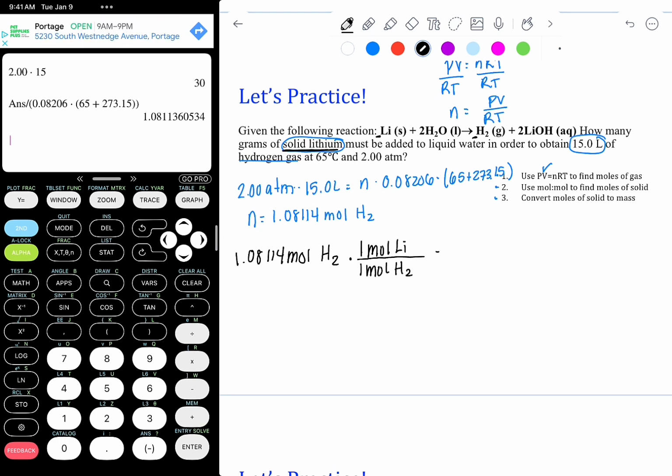So that equals 1.08114 moles there. Once we have moles of lithium, we can then use the molar mass of lithium solid, which is just from the periodic table, to find the mass. So 1 mole of lithium has a mass of 6.94 grams. So we'll take that and multiply it by 6.94, and we get out